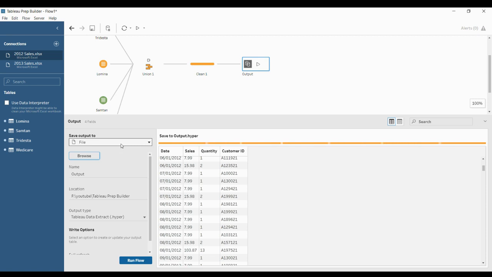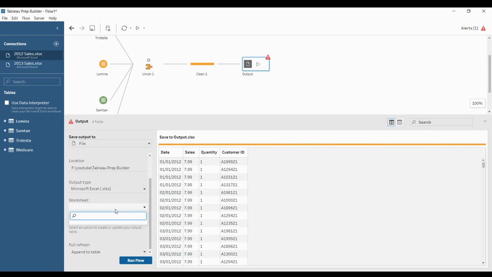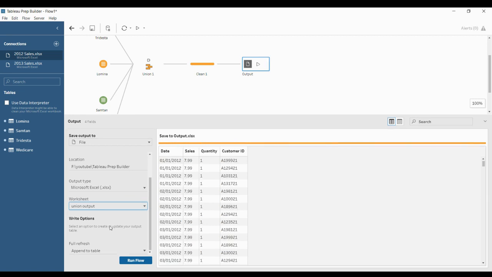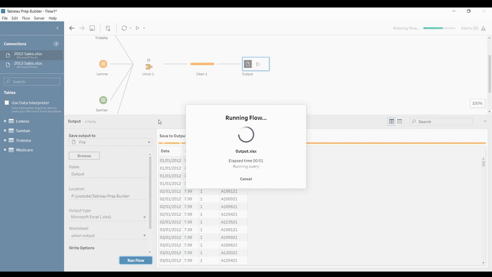And if you want to save it as an Excel file, then you can click Excel file and select the worksheet. That is union output. Select the worksheet, click New, and now you can just create it. Just click Run Flow, the flow will be executed, and your output will be generated in the specified folder.